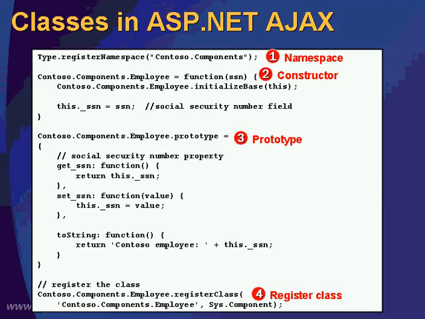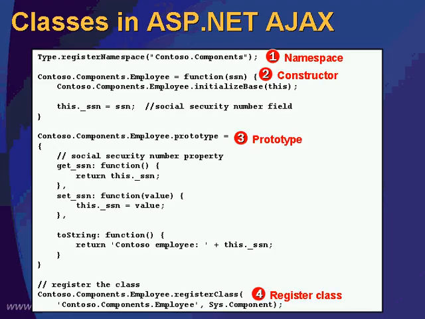And the other thing you'll see here is we call initializeBase. When you start dealing with inheritance in ASP.NET Ajax, this initializeBase is a key component. So if you are implementing another class, make sure you call initializeBase, or you won't get the inheritance behavior you expect. Then inside of here, we do the same thing we did earlier. We create our instance level fields, and we can initialize those fields if we want from the arguments passed in our constructor. And number 3, you'll see we've just got our typical prototype, which looks exactly like it did in